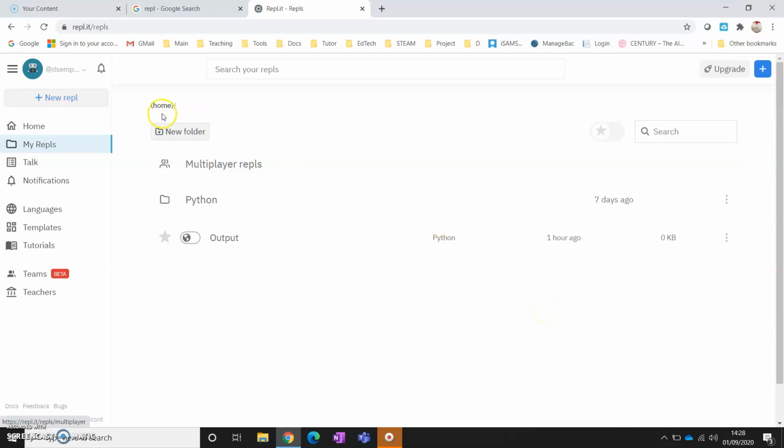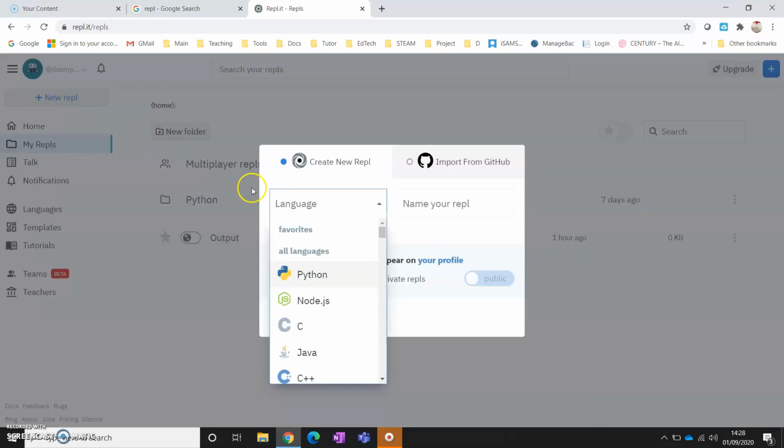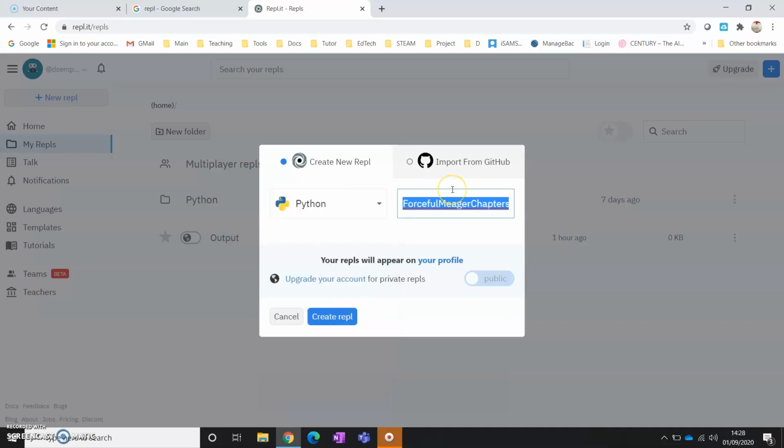Okay, to make our programs more complicated, we need to be able to get input from the user. Up to now, it's only just been displaying stuff on the screen that's been pre-programmed in. So I'm going to press New REPL, select Python, and let's say input, create the file,